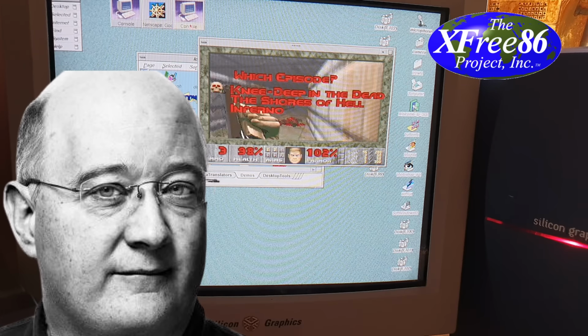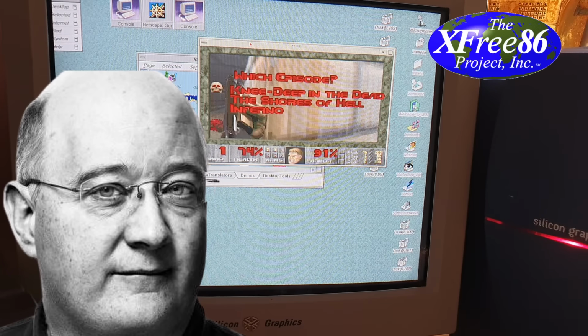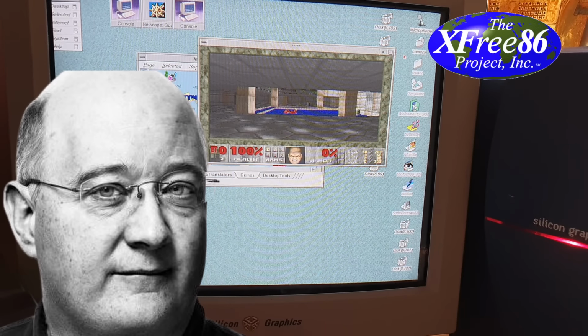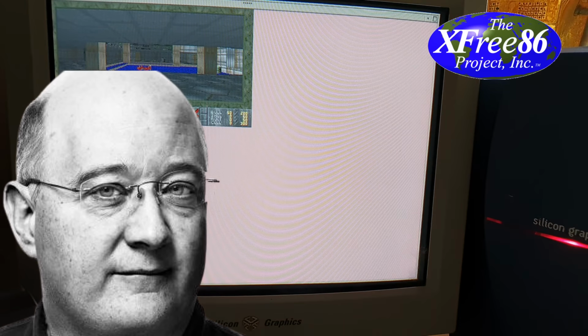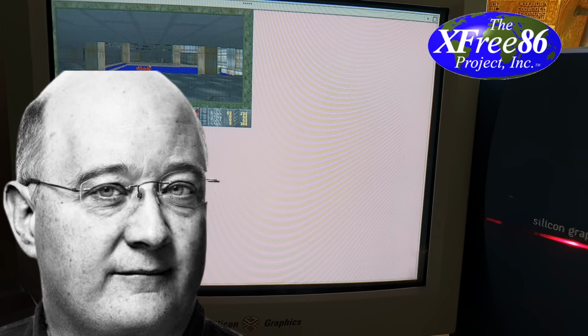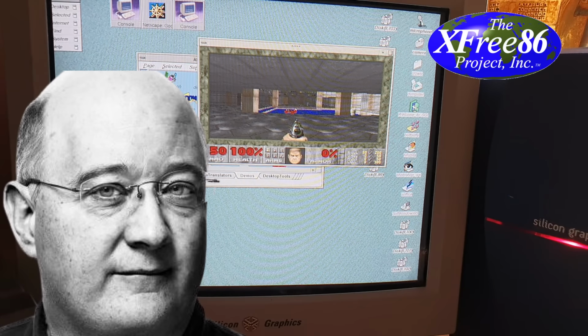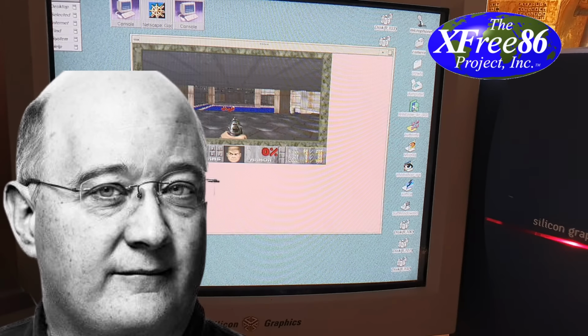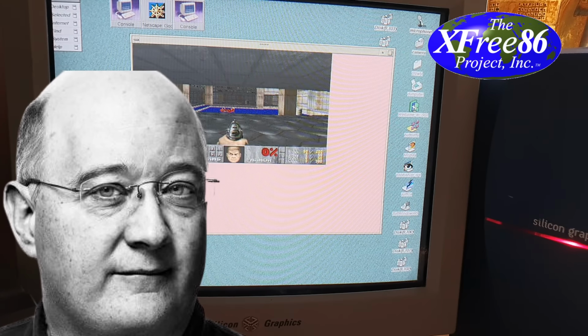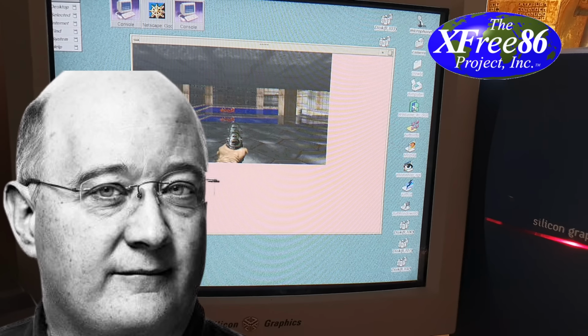as it had been something he'd been working on by himself up until that point. Other core members of the X386 team seemed to get a bit upset about this, so they removed his commit access to the project. Now, in the eyes of the people outside of the X386 project, this seemed to be another example of the kind of symptom that was showing how the project was not really being run in a